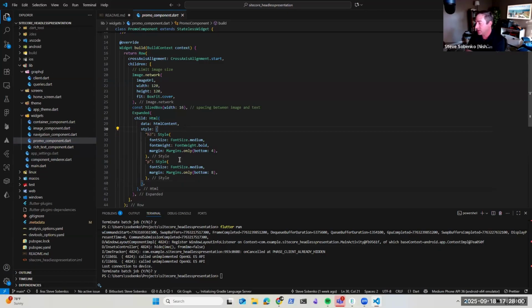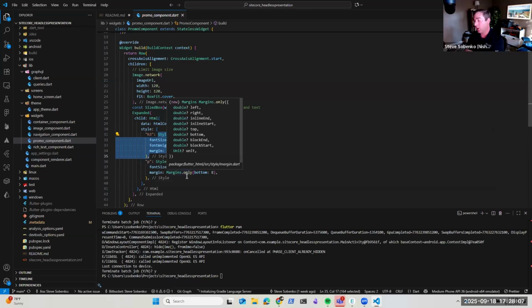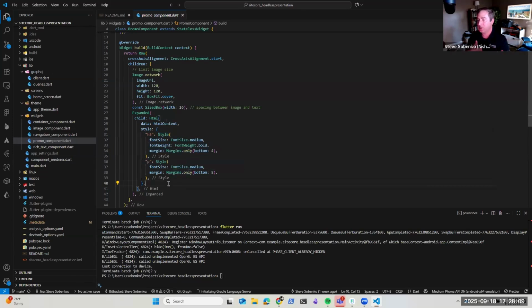So I'm going to define my style of what I want an H3 to be in my native app. Or if you come across a paragraph tag, I want it to look like this. So as your HTML objects come back, if you have a rich text editor come back, you're going to need to handle them in a way that your app knows what that means.